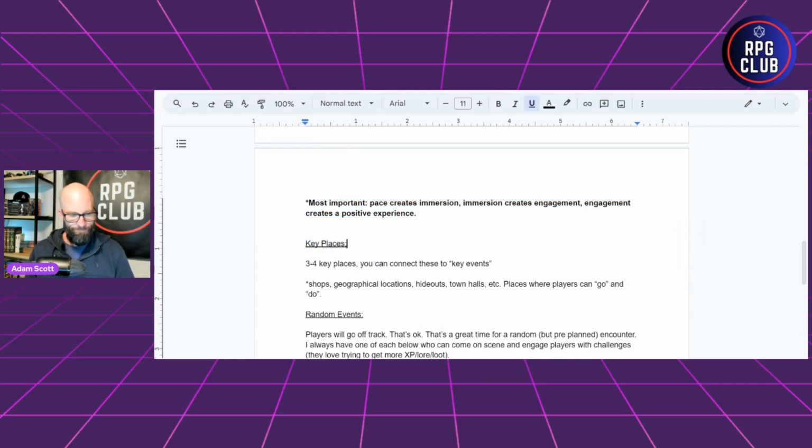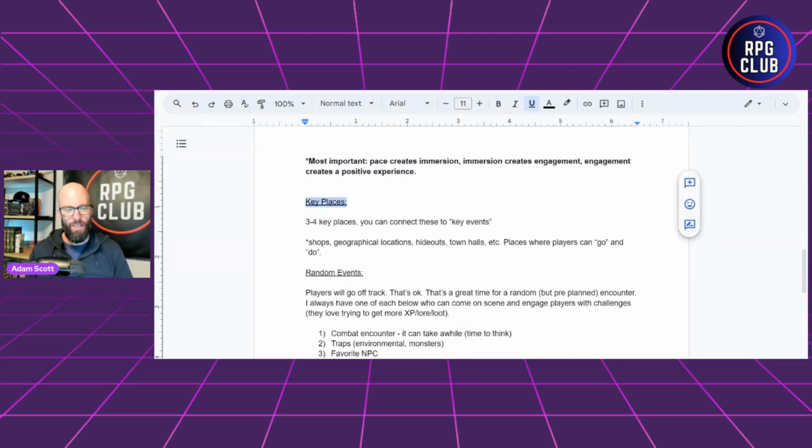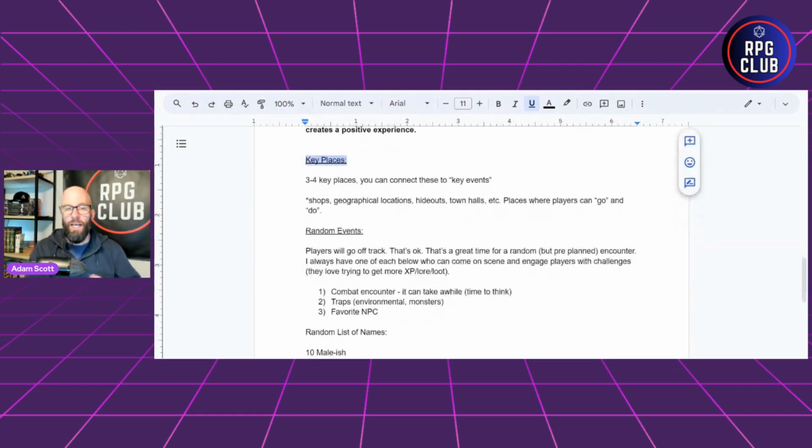Key places. I make sure to include key places on my one sheet. So just like key ideas, maybe there's a key location or a key physical experience players need to have. Most likely it's going to be in one set spot, but maybe not always in the same anticipated place. Like there's a house, but maybe it's on the west side of town instead of the east side of town, or whatever's in the house that they need to find is on the west side versus the east side. Like there's key different places.